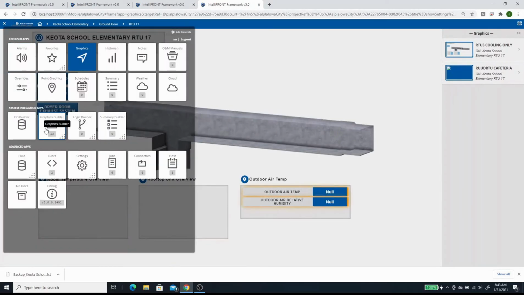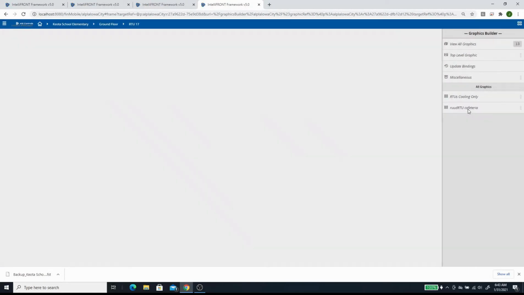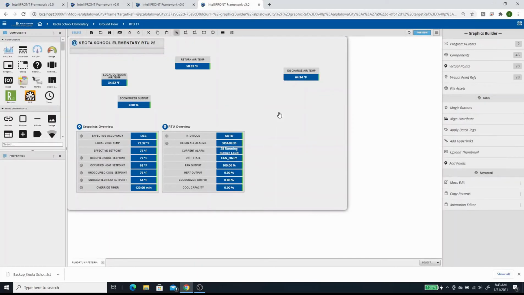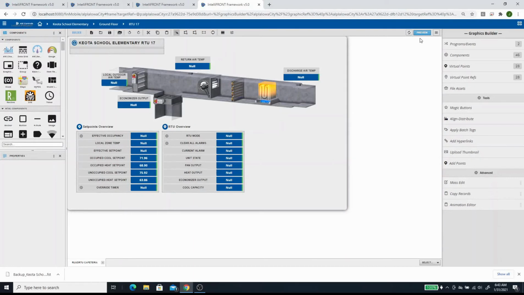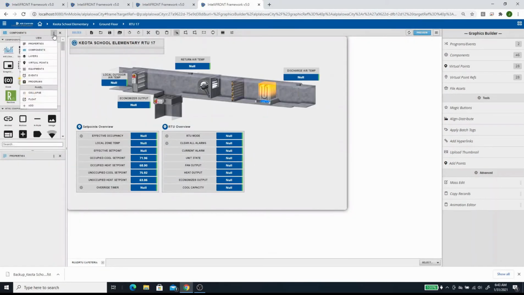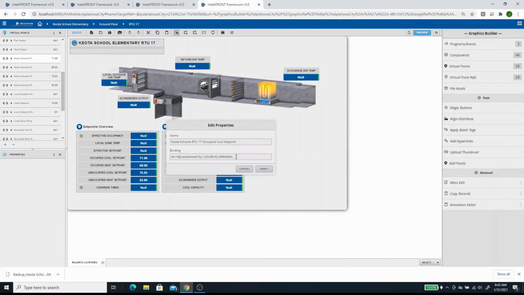Go to the graphics. So I already know the graphics are going to be broken on this one. When I hit preview, you're going to see that these set points right here aren't coming through. And the reason why, just go to your virtual points, and it's these ones right here. You can right click on any of them, hit edit, and you can see that it's looking for this specific ID. Well, I know that that ID isn't correct